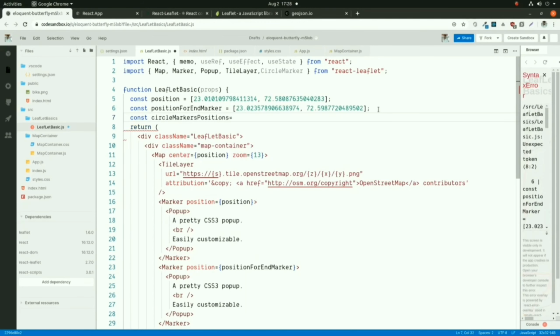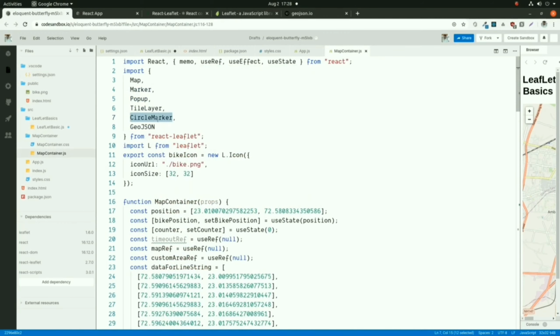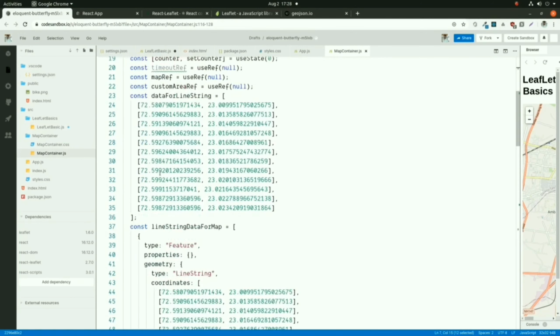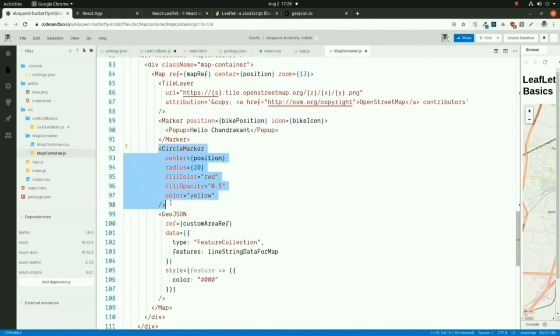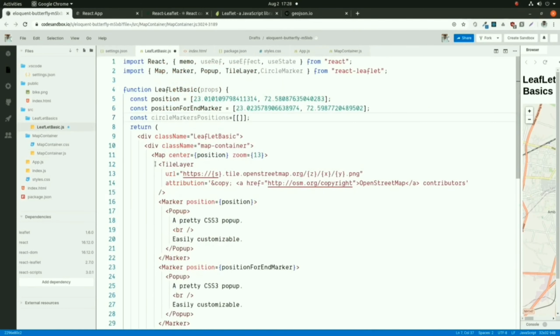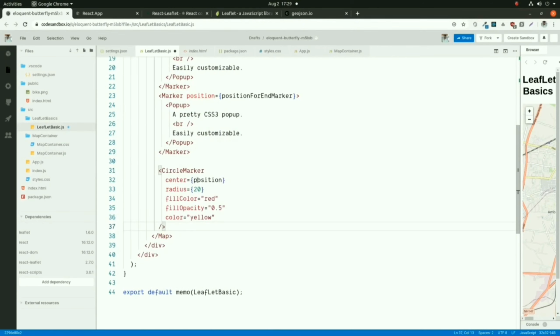In that I am taking the array of arrays because I want to display the two circles inside my map. Now for drawing the circle, I will just copy paste the code for the circle marker and I will put that circle marker inside the map.